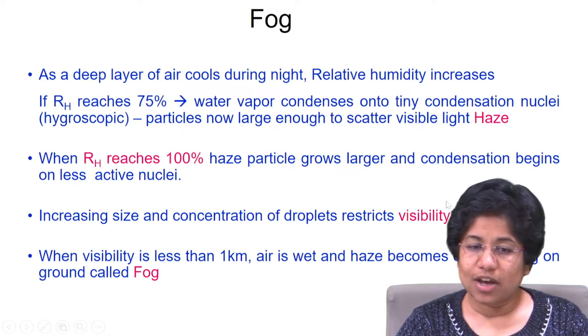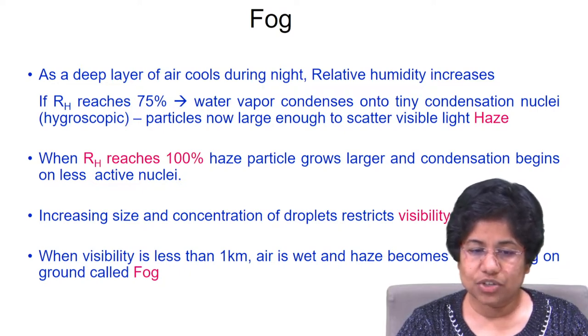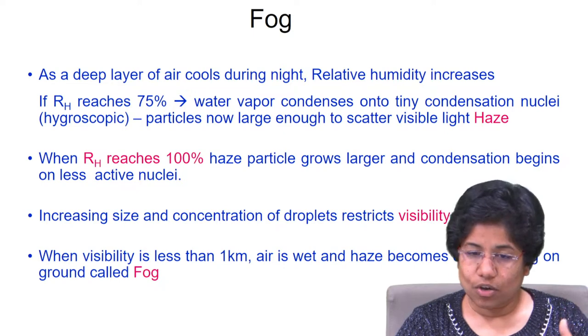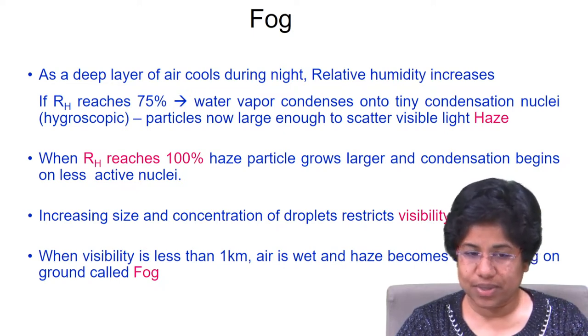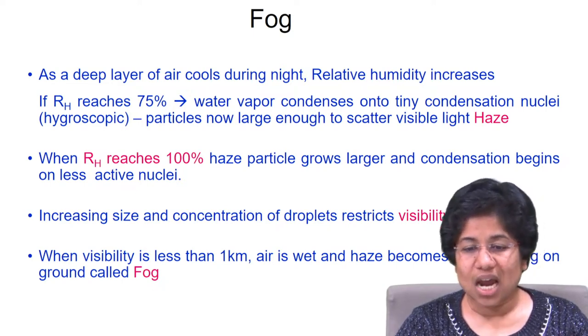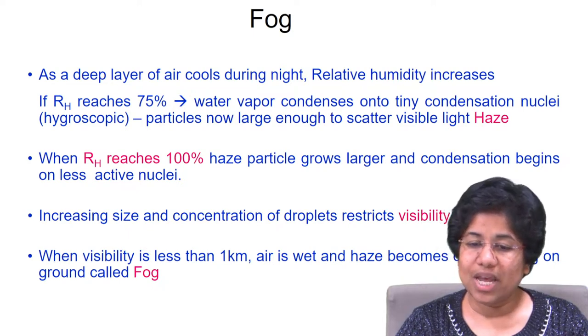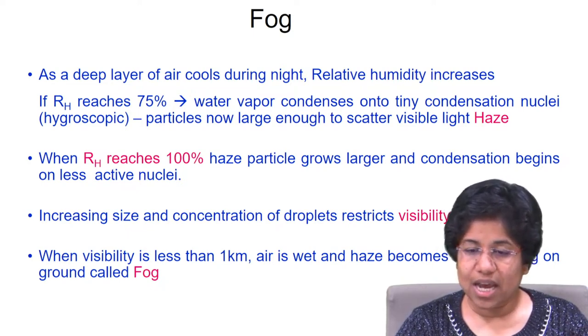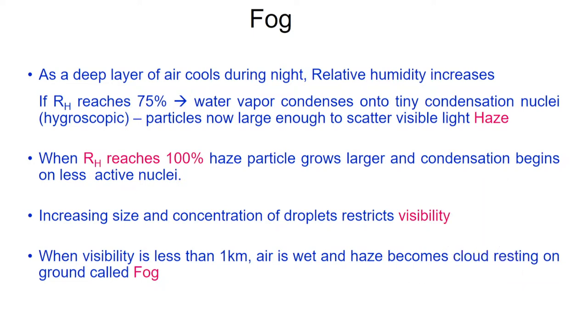Okay, then finally coming to the fog. We have already discussed how it forms. During the winter nights, there is a lot of thermal emission, so relative humidity increases, right? When relative humidity reaches around 75%, the water vapor starts condensing onto the condensation nuclei and starts scattering the visible light, and a kind of haze starts forming. That is, we are not able to see fully in our horizontal direction. Our visibility reduces because of the scattering of visible light by the suspended water droplets which have condensed on the condensation nuclei.